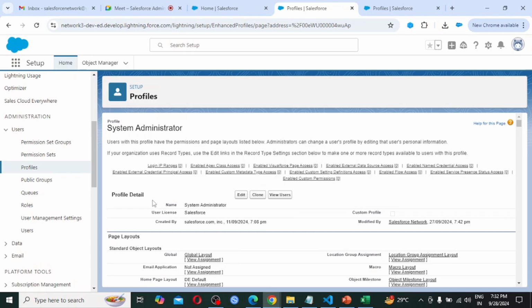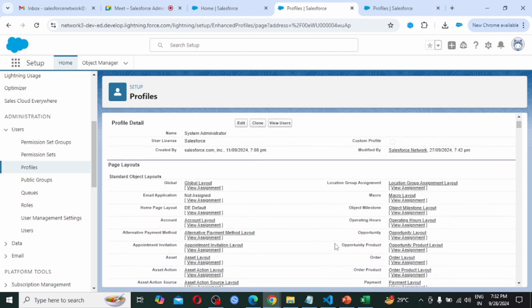In the profile detail, the name is System Administrator, the user license is Salesforce license, created by salesforce.com, modified by means us. Here we are seeing when it was created, at which time, all this information is displayed.